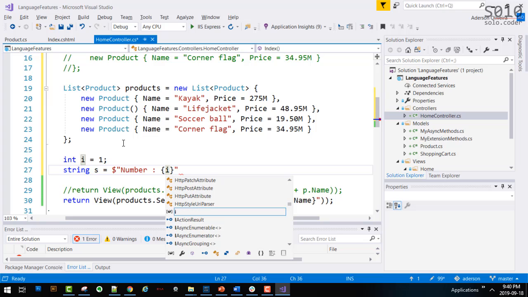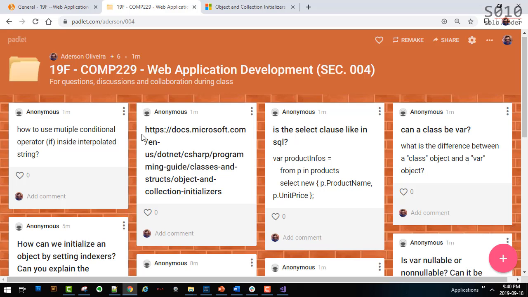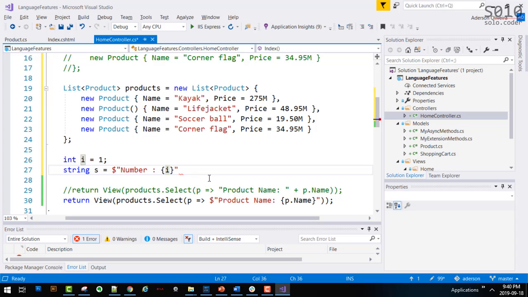Let's put it like this, and then let's try to use an if, a multi-conditional operator if. If we have if. And then let's say that